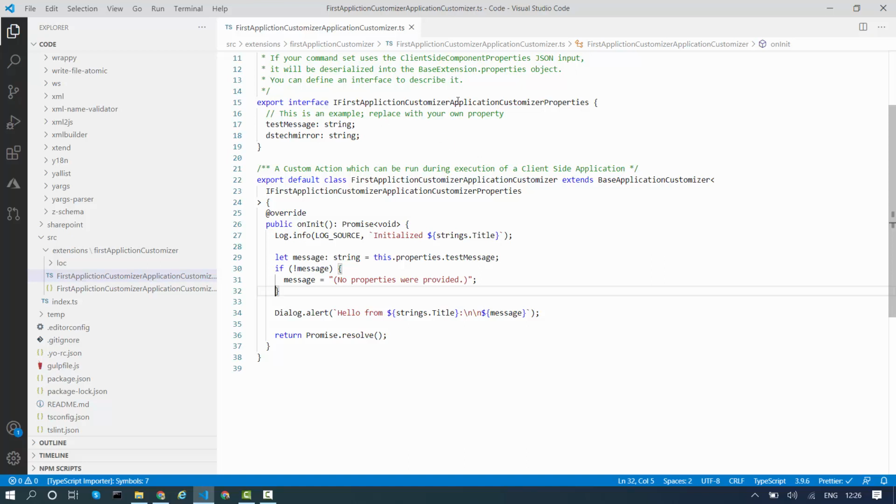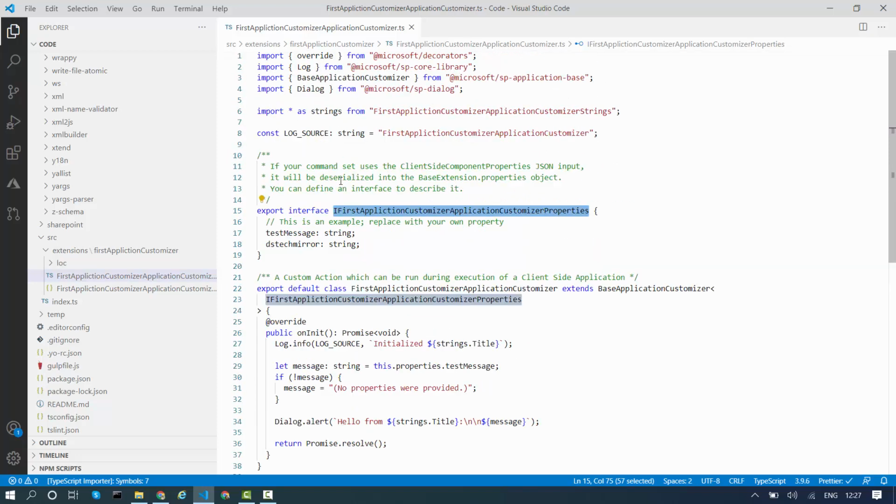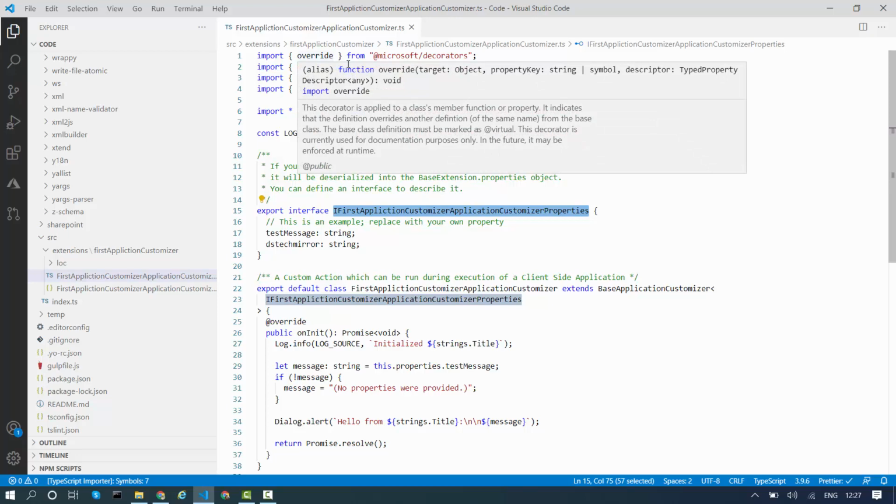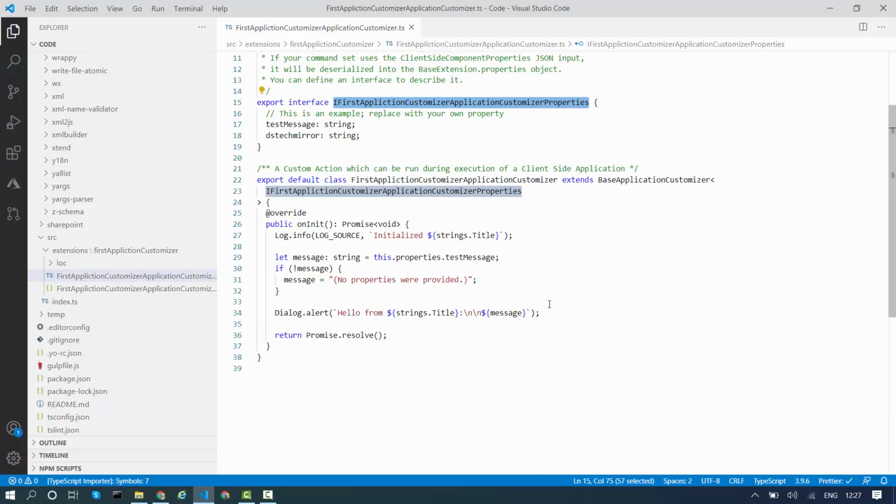This is the interface, and we are using this interface inside this class. If we have to use any of this interface's properties, we can simply use this.properties.propertyName. So this is our interface, and at the top we have the normal imports, which I think you already know. Whatever class or control I want to use, I have to import it at the top. So this is the simple plain code in this TS file.